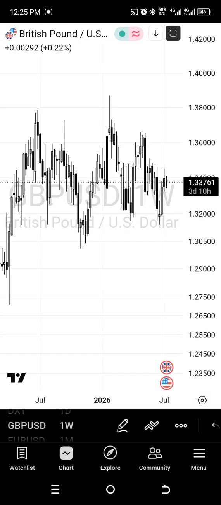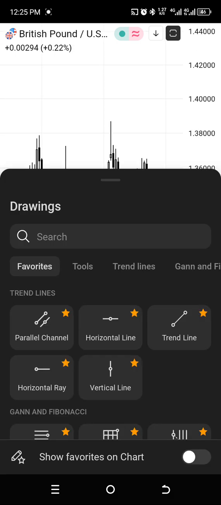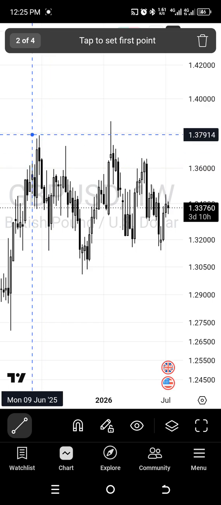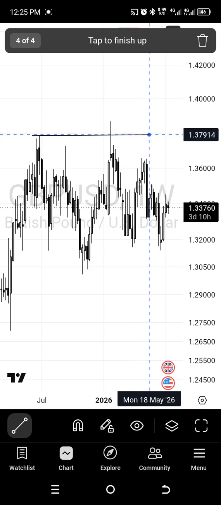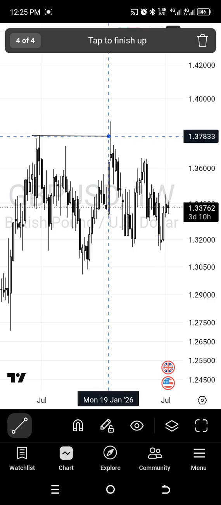On this chart breakdown, I'm going to be starting from this weekly time frame. I'm going to first identify my daily bias, and then I will identify my short-term drawn liquidity, and then I will identify my long-term drawn liquidity. With that said, looking at GBPUSD, this high up here,